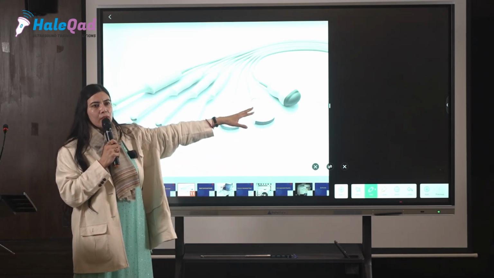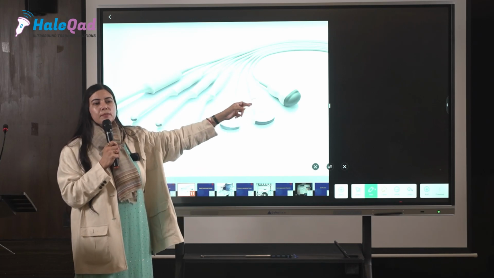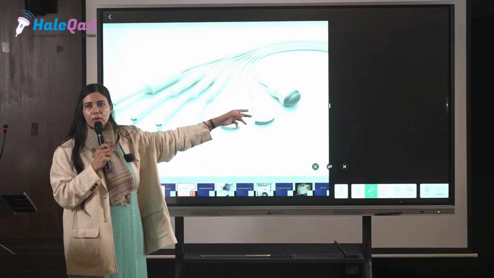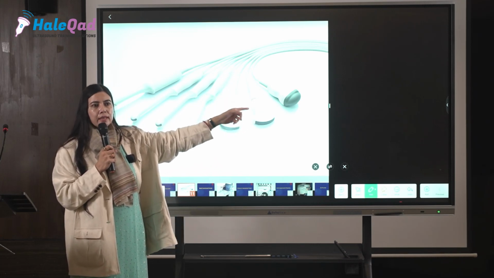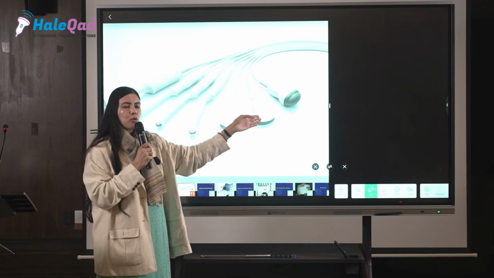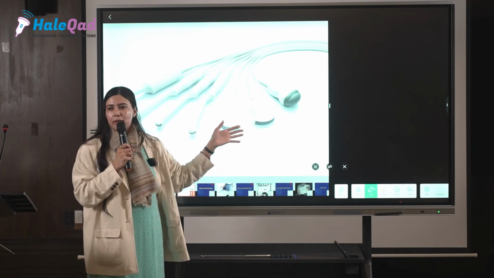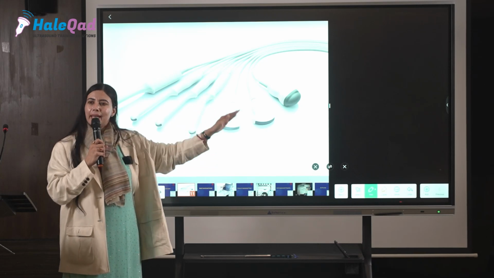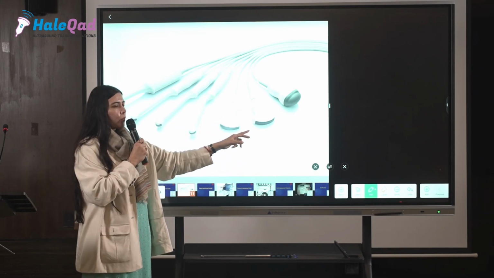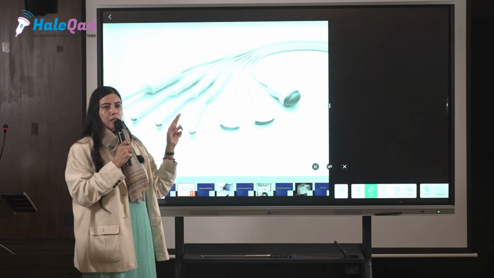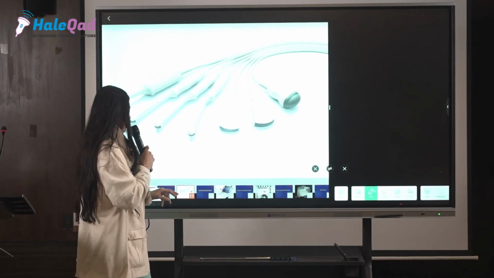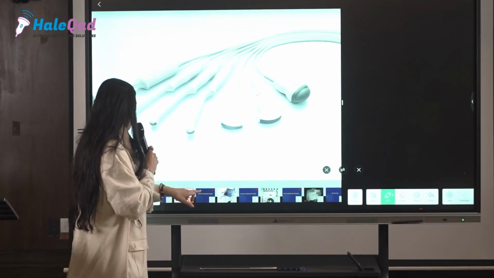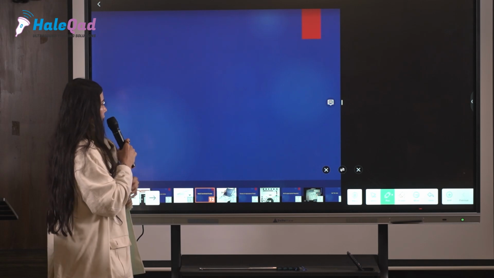We are using the convex probe for OBS. We are using the convex probe for gynae scans when we are scanning abdominally, and this is the probe we use for retroperitoneal organs and all these abdominal organs, because there we want depth. So we are compromising frequency here. This is how you will decide which probe you should go with.